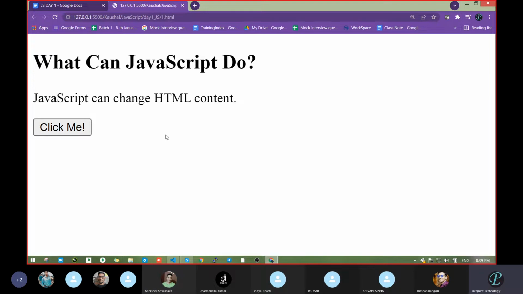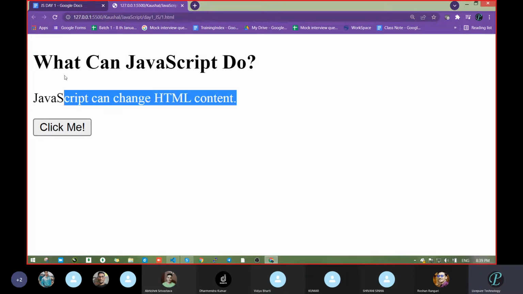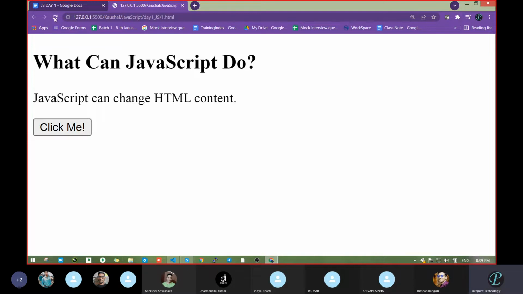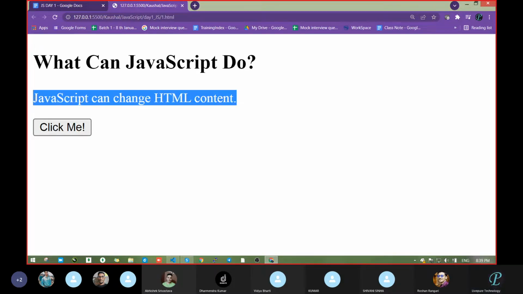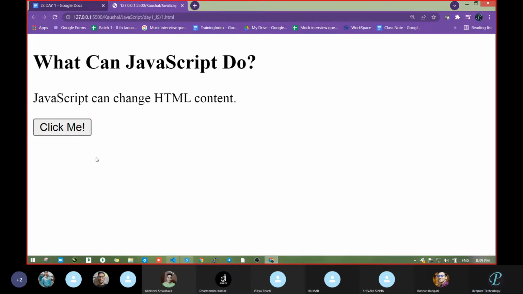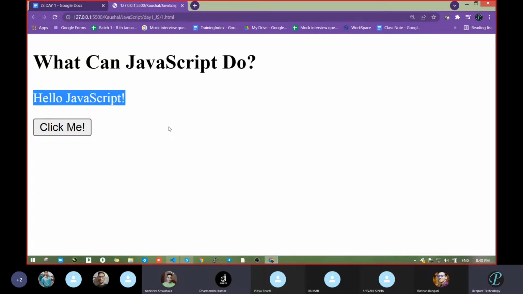See, don't think regarding the code. Just think regarding the UI. What you had done. Previously, some content is coming here. Now, JavaScript can change elements. Something is written there, correct? And once you click the button, what happened? Something different, the content changed. I am not asking regarding the code. I am asking regarding your UI. Previously some content, on clicking the button some other content came. Means with the help of JavaScript, we can change the content. Is this clear? Clear, sir.